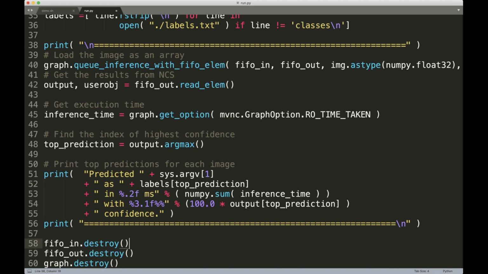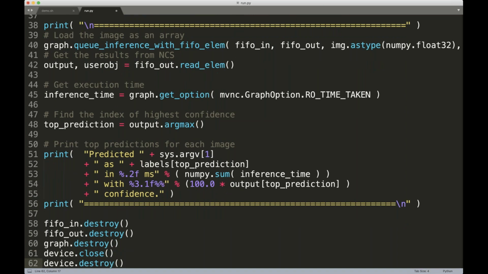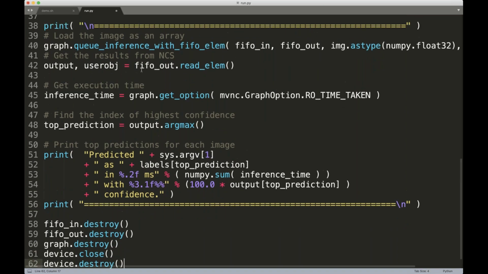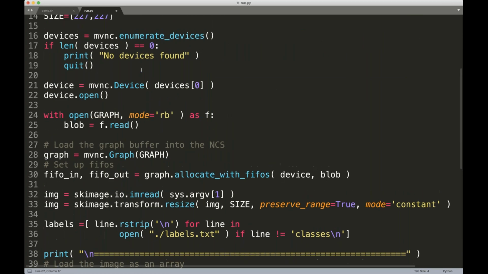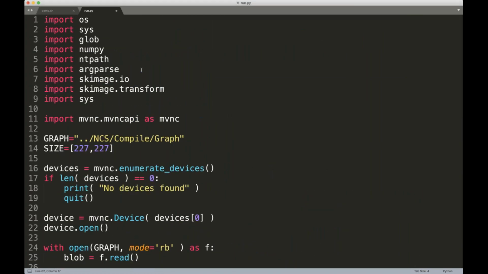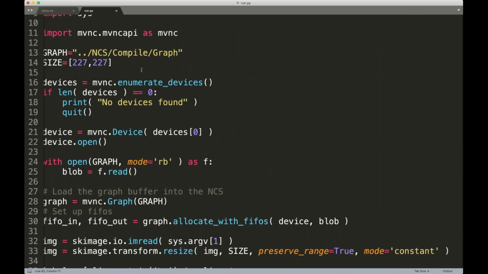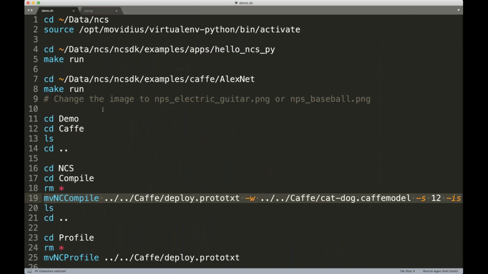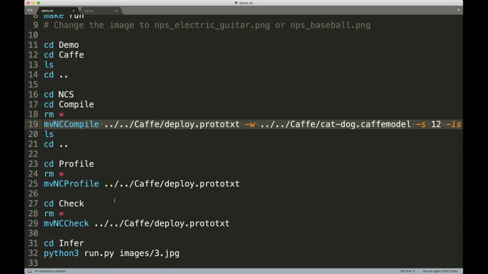Once this is done, we basically close the FIFO stream, and then we close the device and we release all the resources. So this is almost like a boilerplate code for loading any graph and running it with Intel Movidius. So this is pretty straightforward. So let's go ahead and run this application for